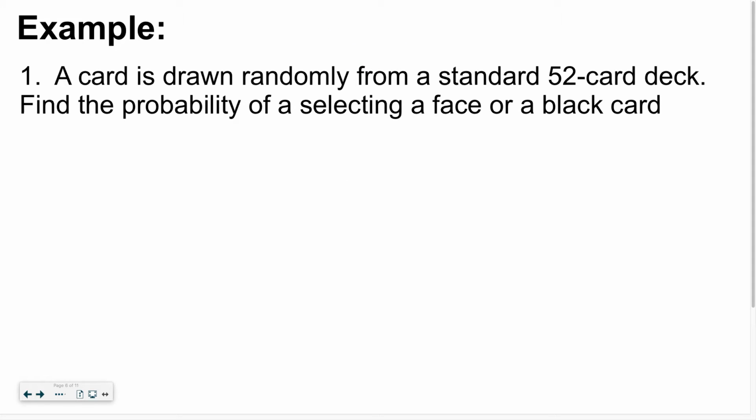Let's do a card randomly drawn from a 52 card deck. Find the probability of selecting a face or a black card. So I'm going to go back to the beginning of the chapter when we introduced probability notation. This is our notes, so I want to make sure everybody's clear when they look at their notes where things came from. We could write this as the probability, set it up, of getting a face